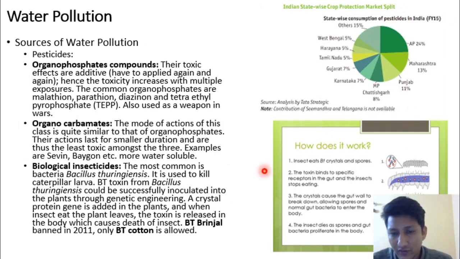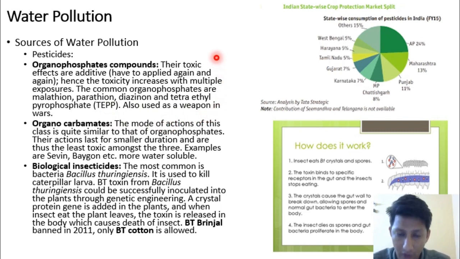Then we have organophosphates. These are less toxic but they have an additive effect. Since they are less toxic, you need to add them more. So if I'm growing some crop and using organophosphate, I will need to add it again and again, maybe every 15 days. Then it becomes more toxic because the quantity of pesticide in the environment is more. Malathion and parathion are some examples of organophosphates,